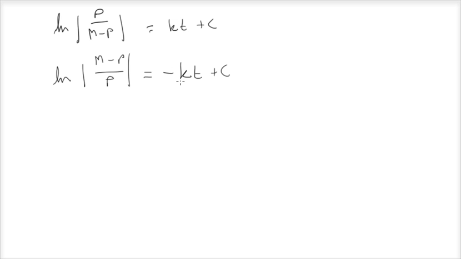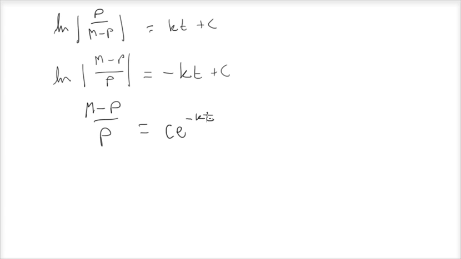And then, like with logistic growth, or not logistic growth, that's what we're doing right now, with natural growth, we'll use our properties of logs, and we would get e to the negative kt plus c, and then there's just the property that you can bring the c down. Just trust me, again, that it works. There's also a proof for it in your book in this section for why it works, but it works. And so then we'd get m minus p over p is equal to c e to the negative kt,